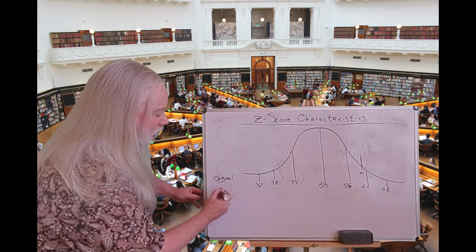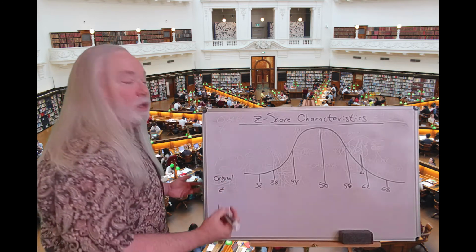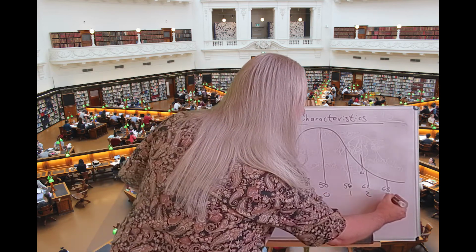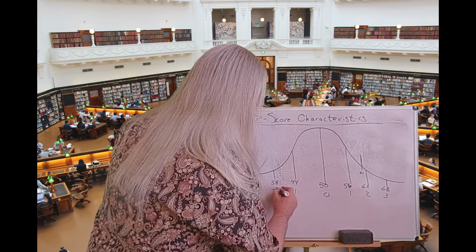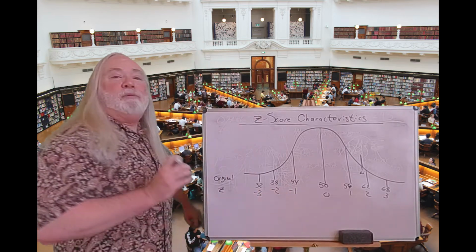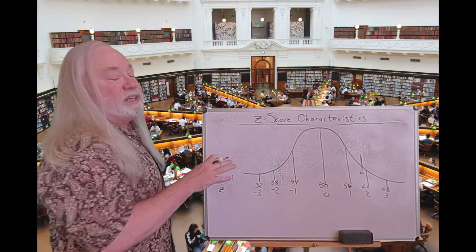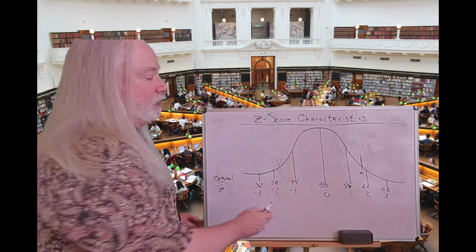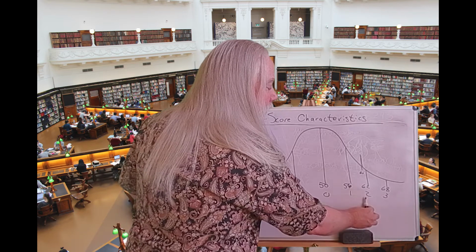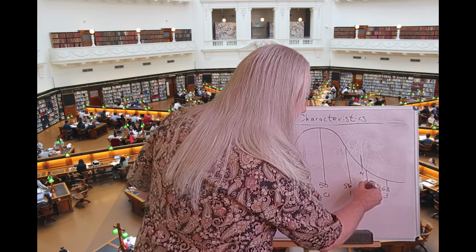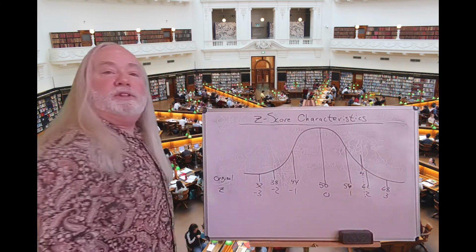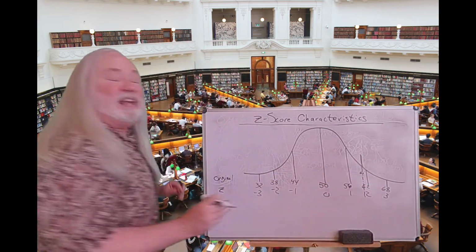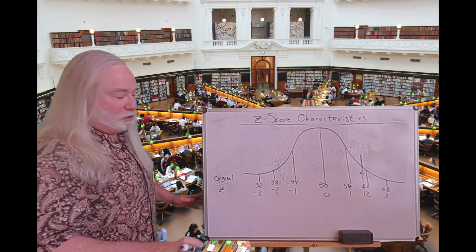But then we turned that all into z-scores. We know z-scores have a mean of 0 and a standard deviation of 1. And remember, when we turned that raw score of 60 into a z-score, it was positive 1.67. Well, where is that? 1.67. It's in the same spot the 60 was. They're lining up. And then we turned it all into a brand new distribution